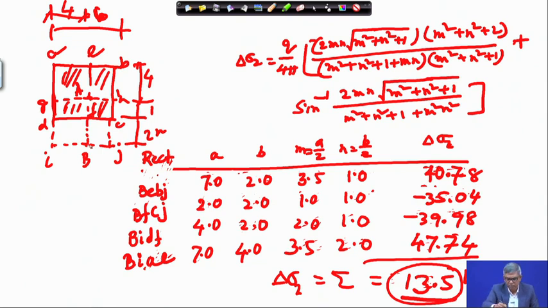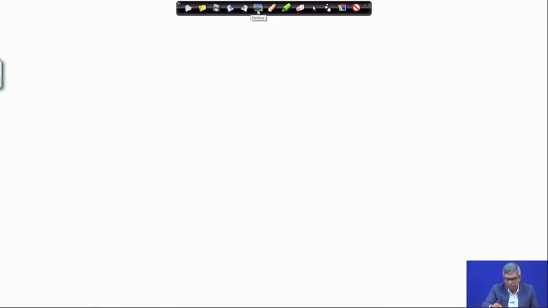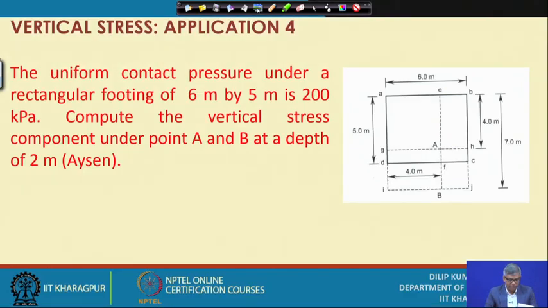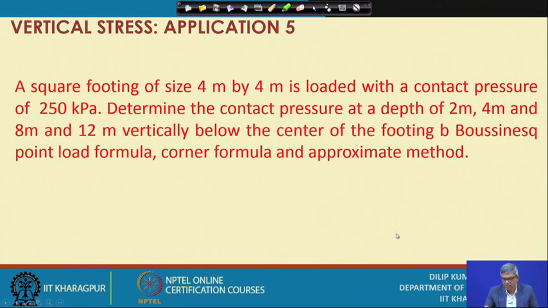Next, let me go to your second problem. This is, of course, as a sequence I am considering. So, this is application 4, and the next one will be application 5. This is a simple problem, but we have to do a lot of